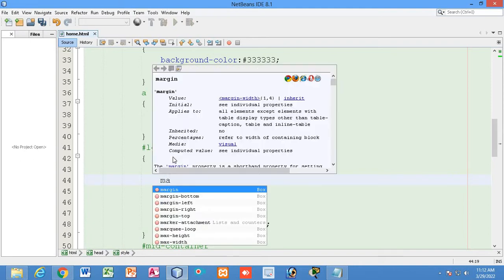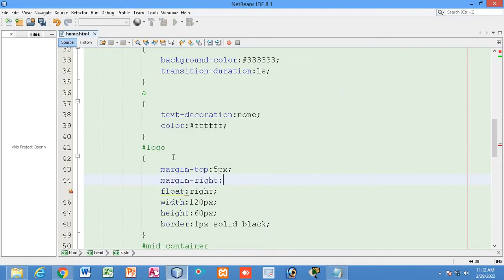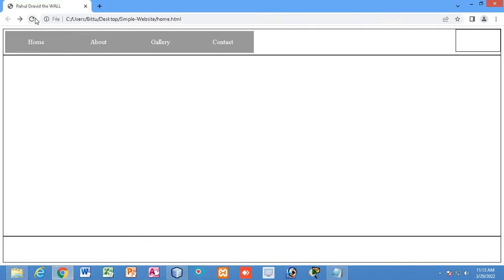And margin right I will also give 5px, right? So margin top 5px, margin right 5px. Now one thing you can see, after I have given margin top of 5px, it seems that the margin bottom is not 5px. So the space which is available at the bottom is not the same as the margin that I have given